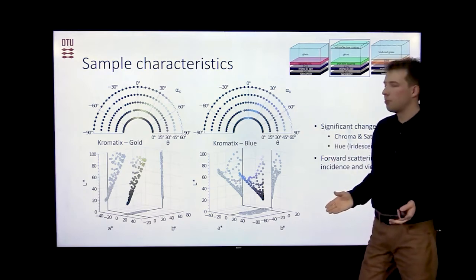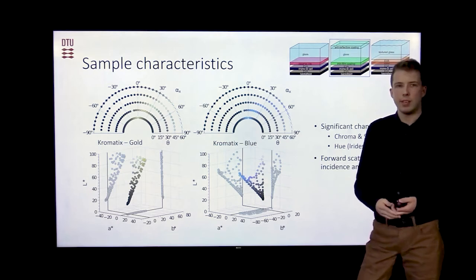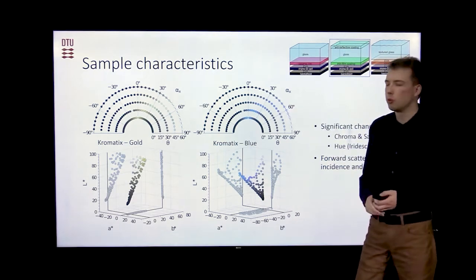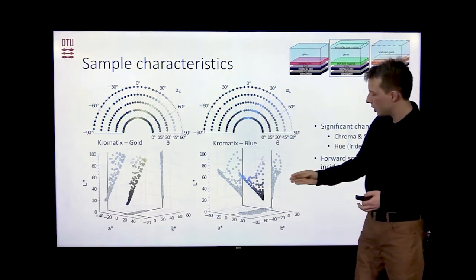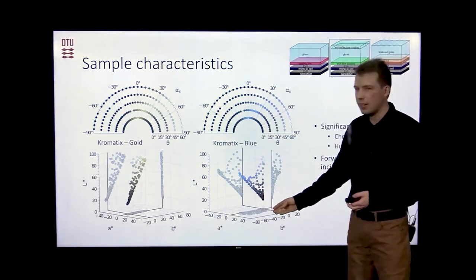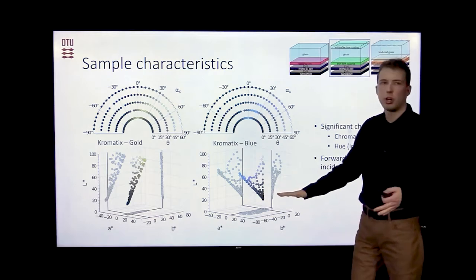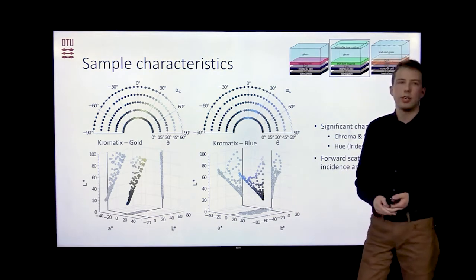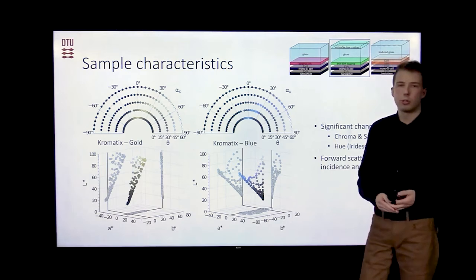We could, for example, also see that in the case of the Copenhagen International School, where the change was sometimes towards the violet, sometimes more towards the green. You can also see the same phenomenon on the lower scale here, where we can see a very large spread of points on the ab plane,